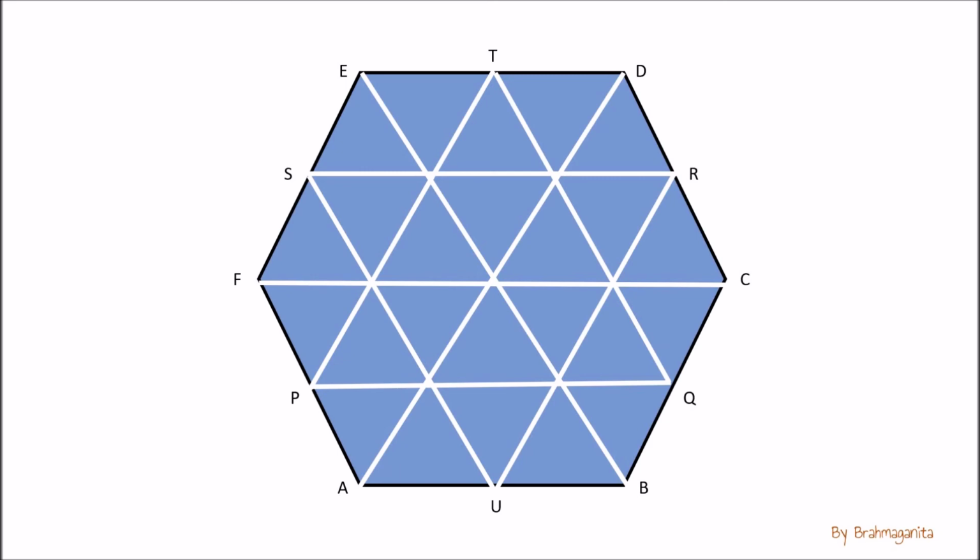We can compare this figure with the original figure in the question and mark the common area by some smileys as shown. Now if we count the number of smileys, they are 8 in number, and in total there are 24 such identical equilateral triangles. The question asked about the ratio of the common area to the entire hexagon. So our answer has to be 8 divided by 24.